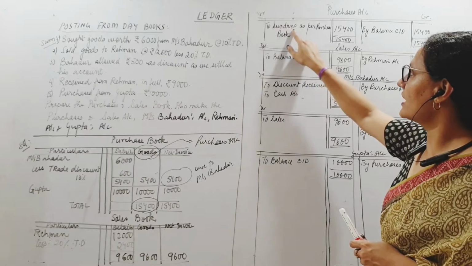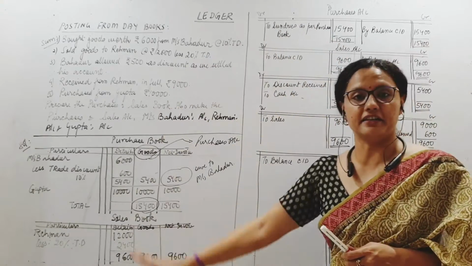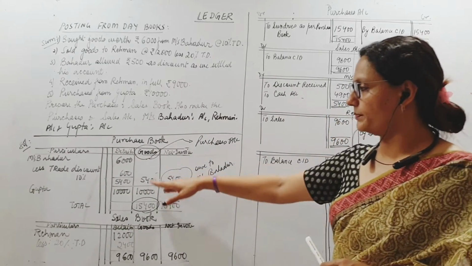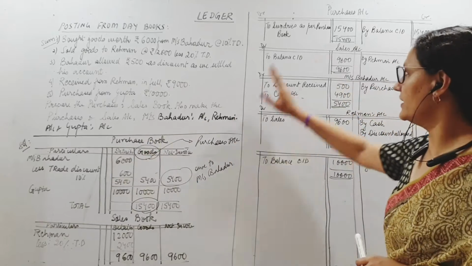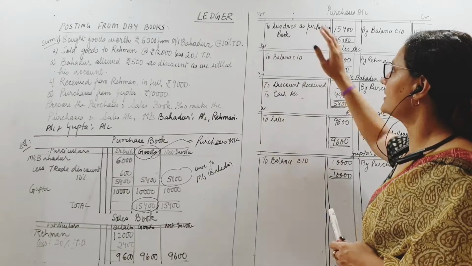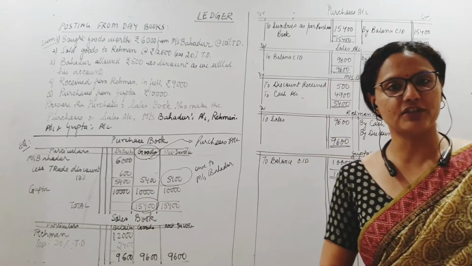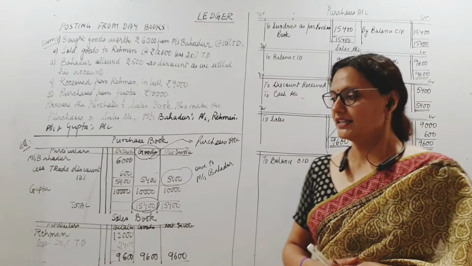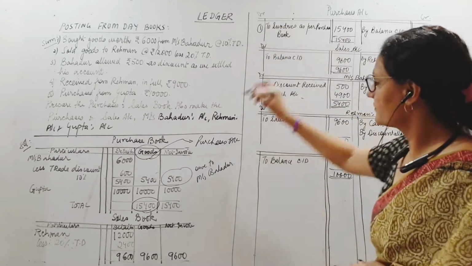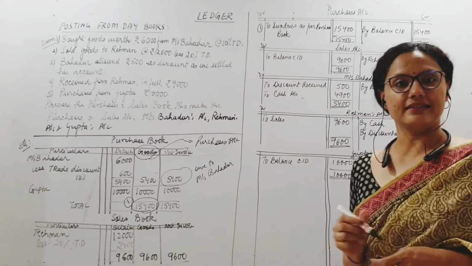I will write "to sundries as per purchase book." Sundries meaning sundry creditors. There are so many people from whom we have purchased, here in this case, 2 people. I do not name them individually like to Bahadur, to Gupta, not like that. I simply put "to sundries as per purchases" because I know this is the total amount of credit purchase. Done. So this is number 1. This amount, number 1 I am putting, corresponds to this entry here.